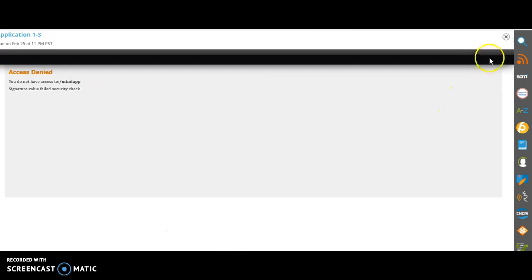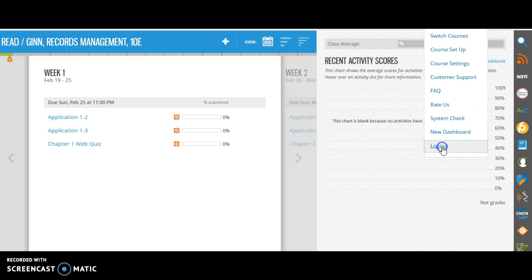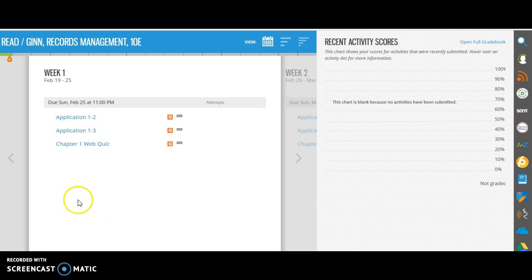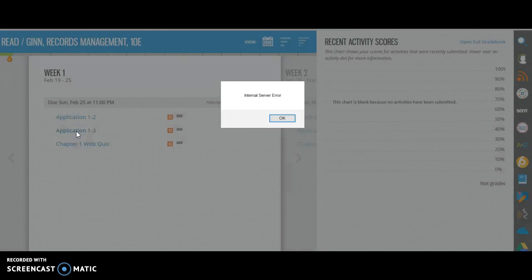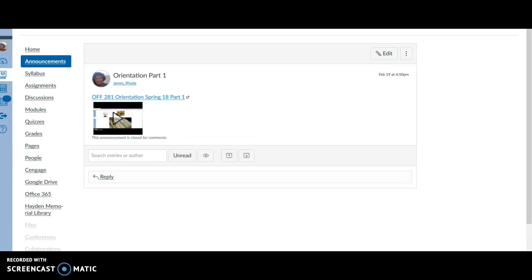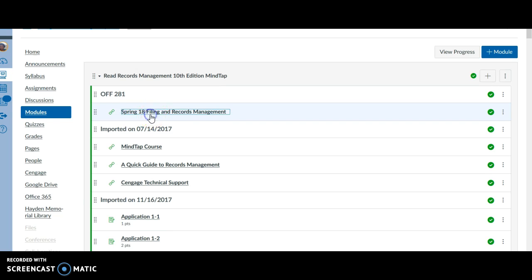I guess I need to get out and reset this again. So let me get out. For some reason it's not allowing me to get that particular one. So I'm going to log out and go back in. Let's see if it'll let me go. Internal server error. So something's going on with my MindTap again. So I'm going to go back into MindTap and see if that's going to make a difference. All right, I'm going to go back into the course,